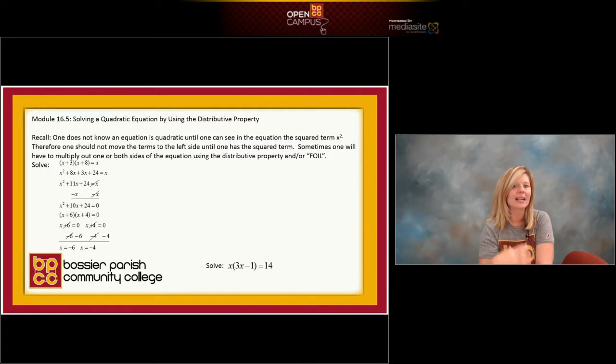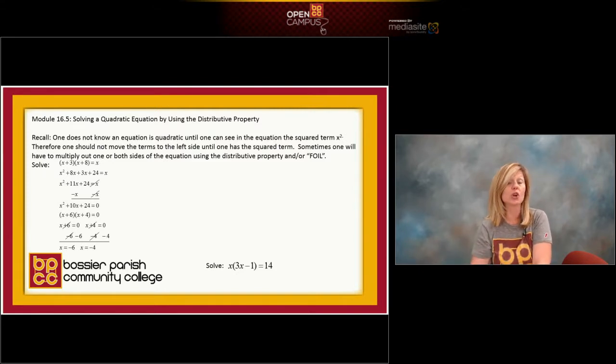Now that it's quadratic and everybody's on the left side, set equal to 0, we're ready to factor. What rule of factoring are we going to use? GCF, difference of perfect squares, trinomial, or are we going to have to use grouping? Good. It's an easy trinomial. It's got 3 terms. It begins with an x squared. So this one we can do in our head. We put our 2 sets of parentheses. We say what multiplies to x squared in algebra? That's easy, x times x.